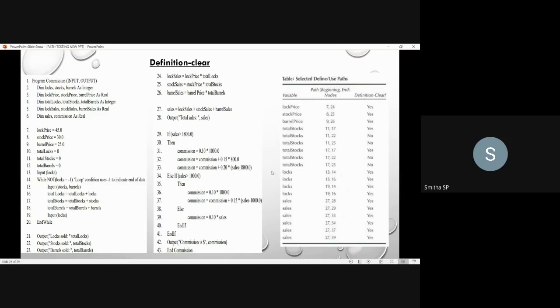For that calculation you will be using this sales, which is at the 33rd node. So the path you have to write is 27, 28, 29, and next you will be traversing along 30, 31, 32, 33. Similarly for the others, where you go for the calculation of commission based on the sales range.